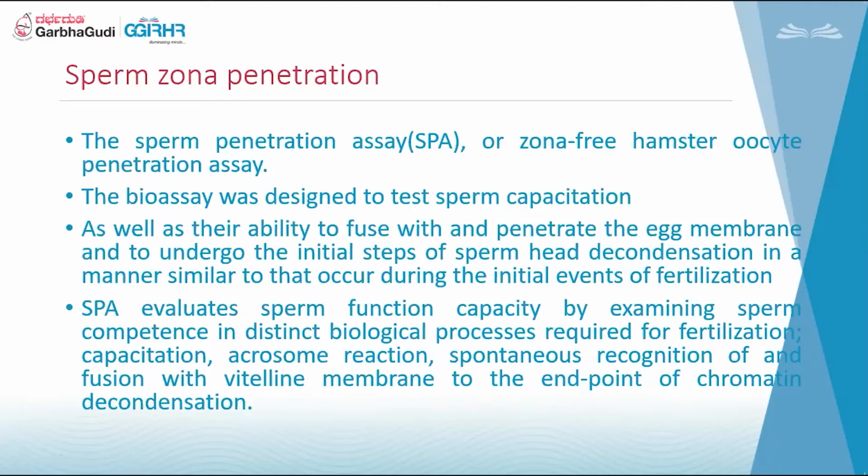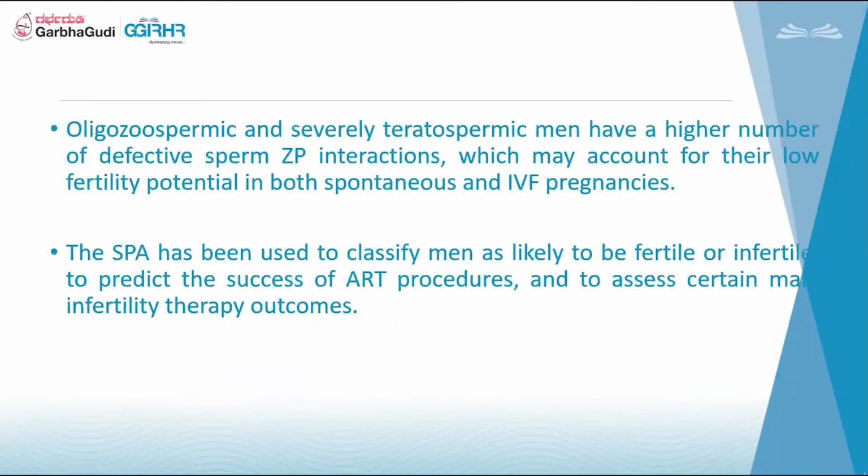There's a capacitation. What happens in capacitation, sperm go very fast, they're very spontaneous, hyperactivated sperm, and they go and attach to the zona. Okay. And next, in the patient with oligozoospermia and severe teratozoospermia, I hope you know these terms which I'm using. Okay, teratozoospermic men have a higher number of defective sperm-zona interactions, because obviously in oligo the count will be less, right? And there could be any mutation that it is not able to go and have a proper acrosome reaction, okay, which may account for the low fertilization potential or fertility potential and results in spontaneous or IVF pregnancy.